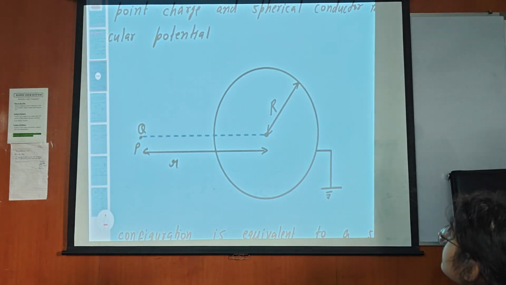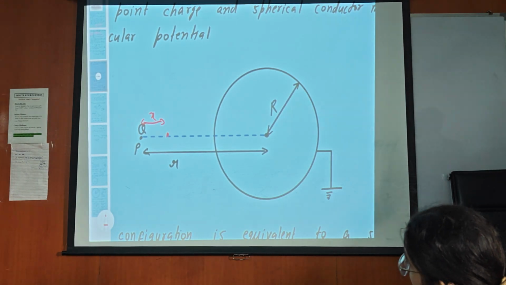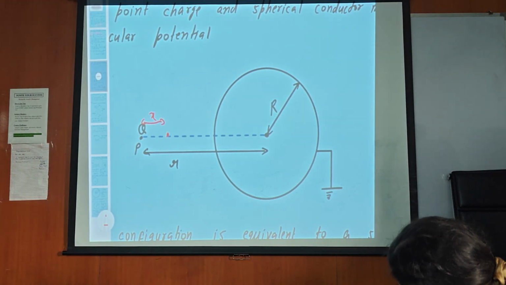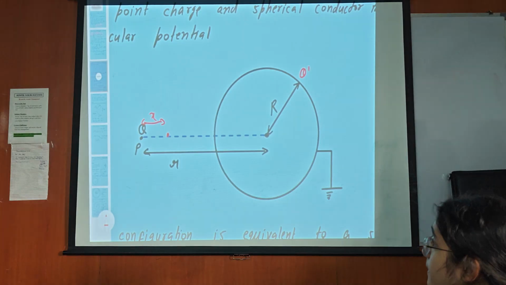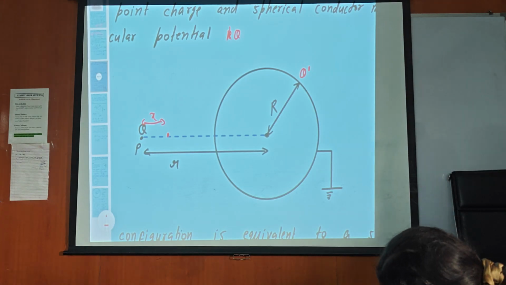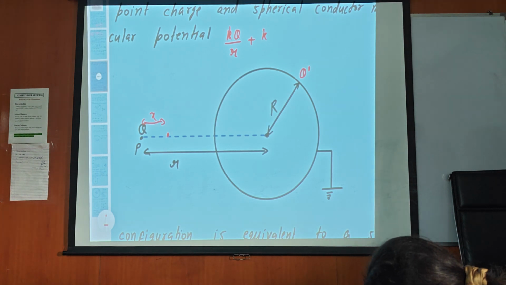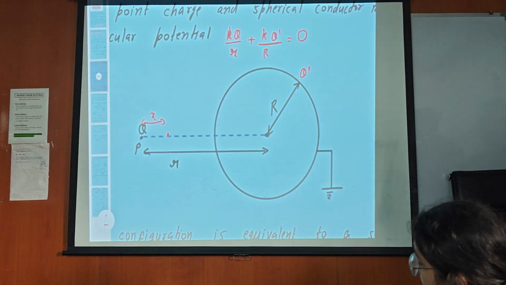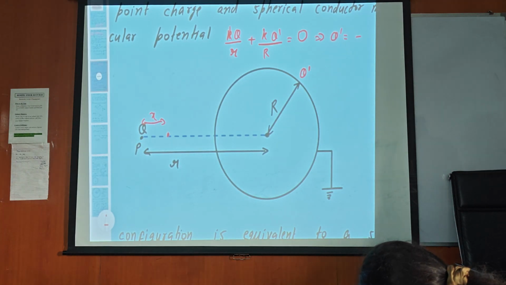Suppose I want the potential at any distance x here. So now, according to Ojas's method, we can first write the potential equation of the conductor, and assume some charge q dash is present on the conductor. So I am writing the equation: kq divided by x, kq divided by small r, plus kq dash upon capital R, should be equal to 0. That is, the potential of the conductor is 0. So by this we are getting q dash as minus q capital R by small r.